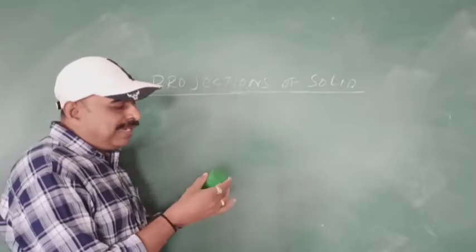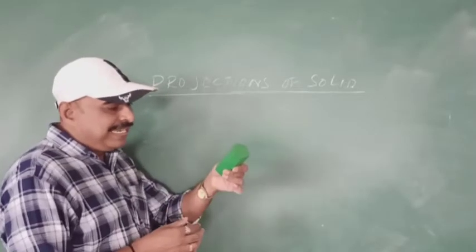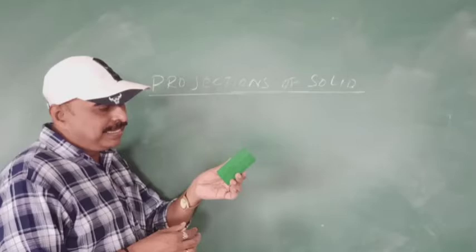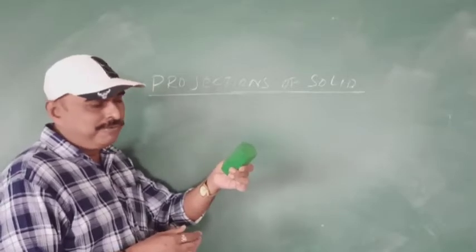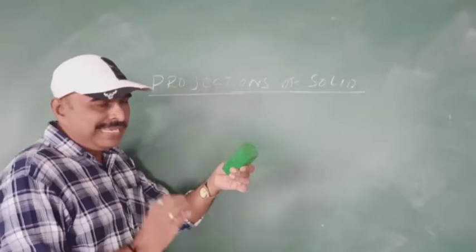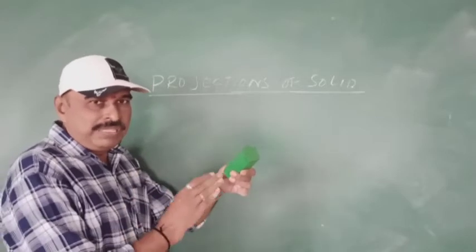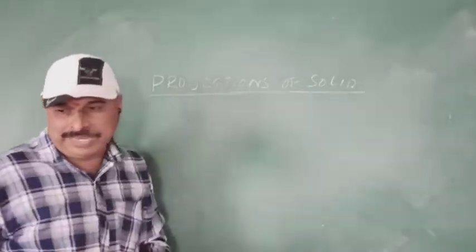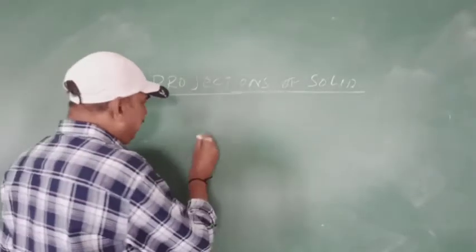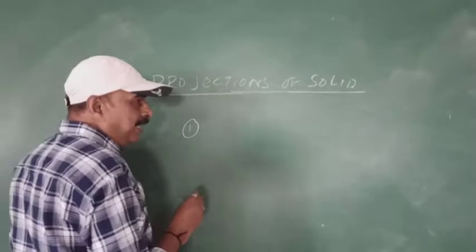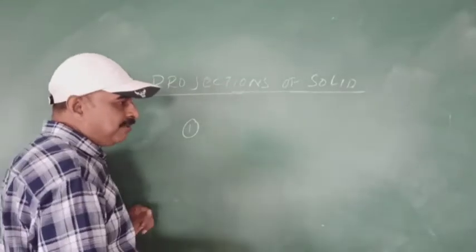Right. And another case is axis inclined to both. Axis inclined to HP as well as inclined to VP. This is the last position, axis inclined to both HP and VP. Okay. Now, if you summarize, what are the different positions of the solids which can be placed in the first quadrant